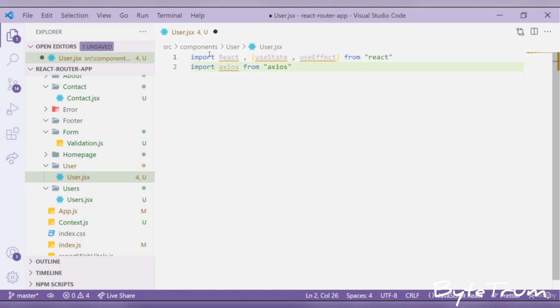Alright, so we are having a useState as well as a useEffect hook. Now we will be using the useParams method from React Router DOM. So let's import that as well. So import useParams, and this is coming from our react-router-dom. Alright, so now after this we'll be using our theme, that is useTheme from our context.js,